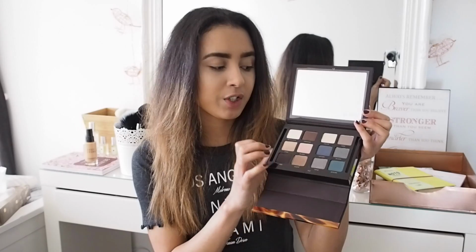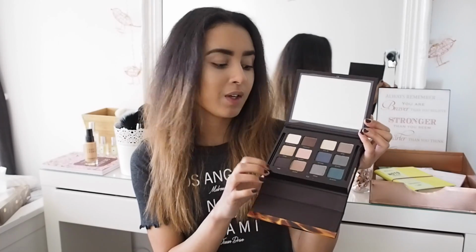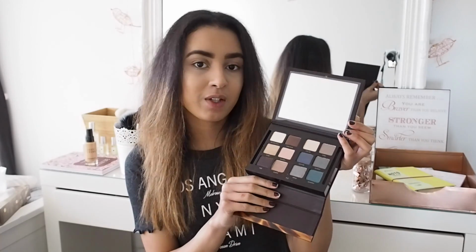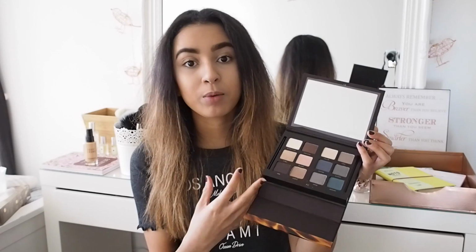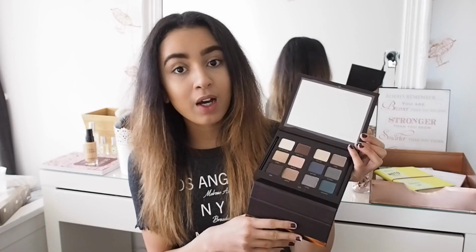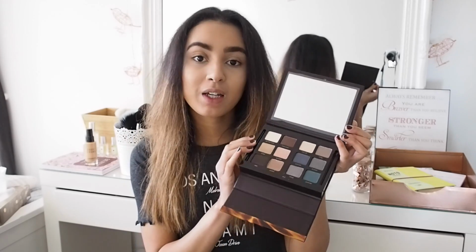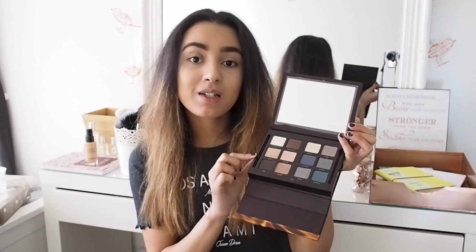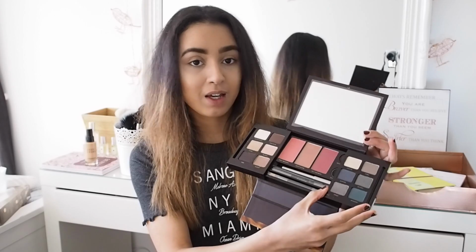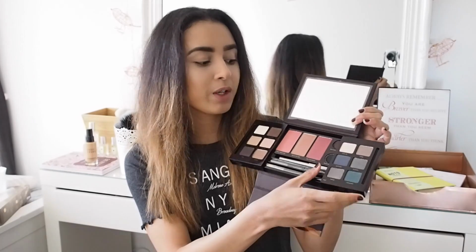And there's so many eyeshadows. There's 4, 8, 12 eyeshadows, and 6 of them are cool toned and 6 of them are warm toned, and I really like the mixture of eyeshadows in here. I think you could create really wearable daytime looks, or you could create really fun looks, or you could create really nice smoky eyes, and yeah, it's just really great, and there's really endless possibilities with what you could create. So yeah, there's that layer, and then you open it up, and underneath there is the second layer, which has 3 blushes,